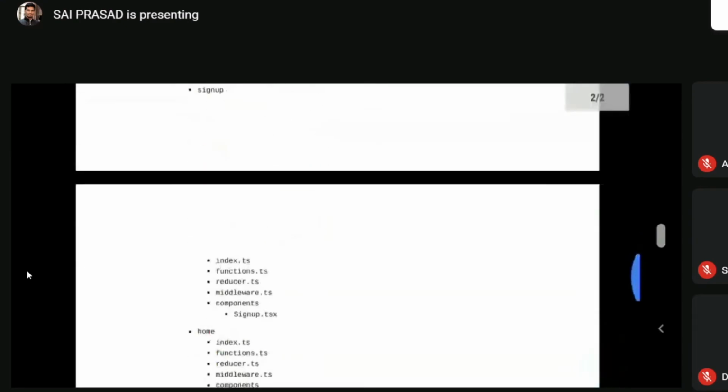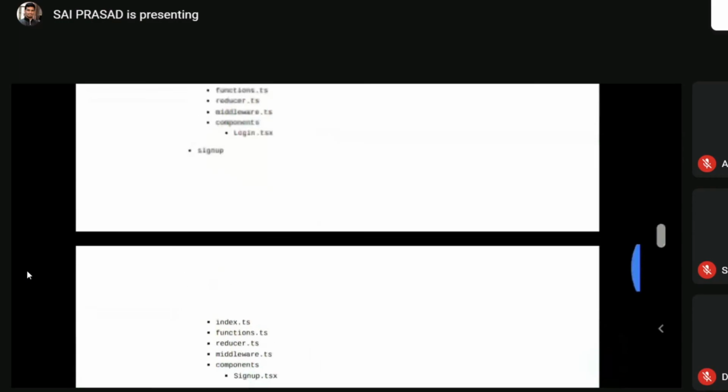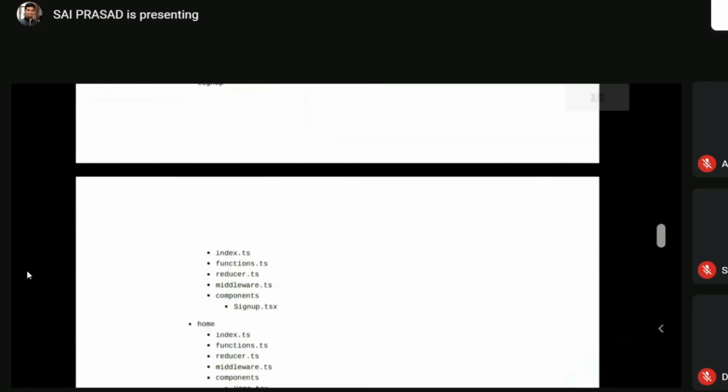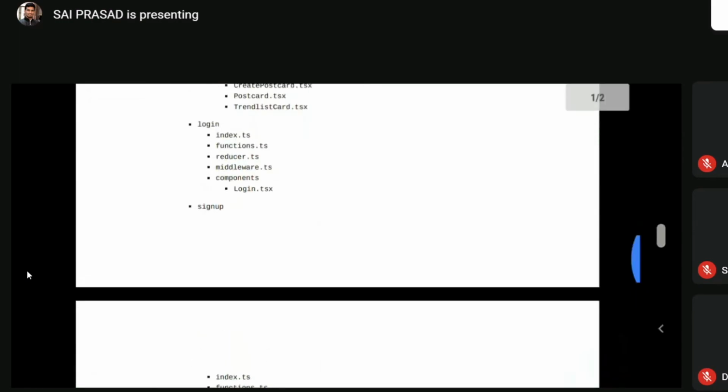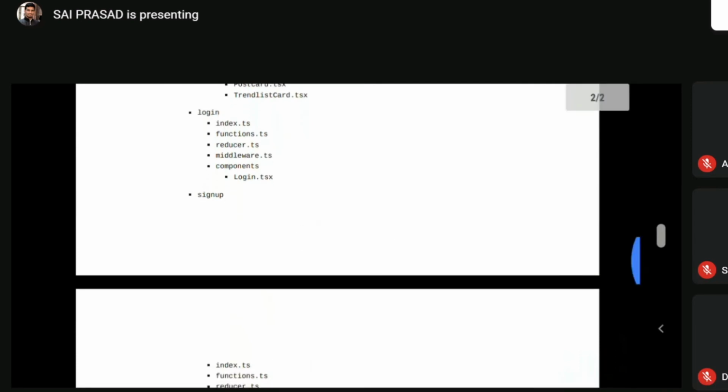Then we have login, sign up, and home. For each folder we have the same directory structure. You might have seen index.ts, functions.ts, reducer.ts. Then we have middleware.ts and the components folder. The components folder is basically the React part, and all the other files are basically JavaScript functions or classes that are available, right?